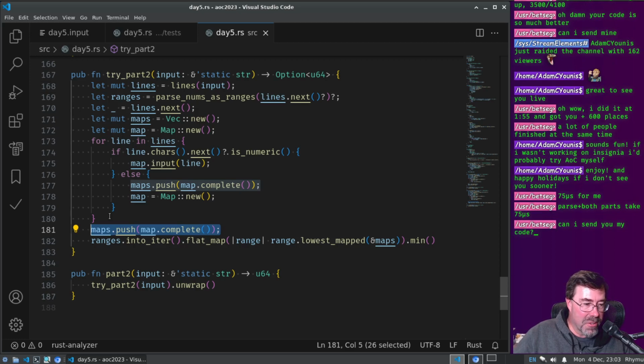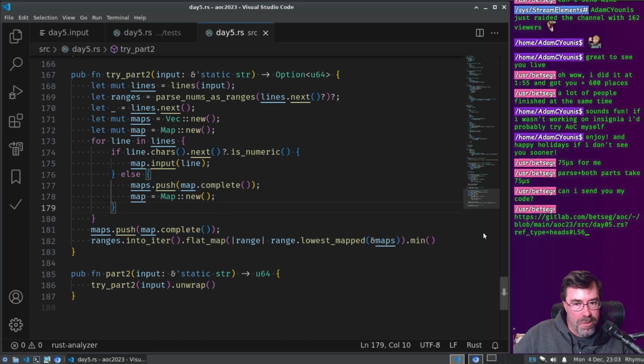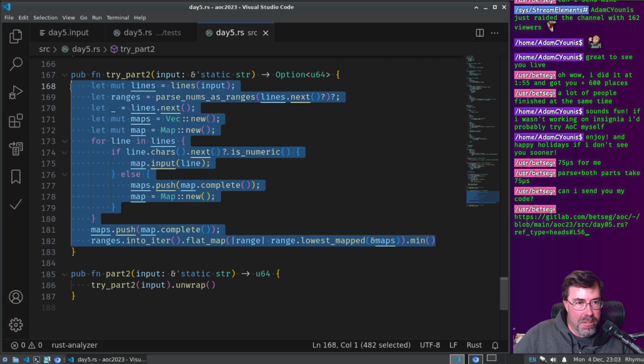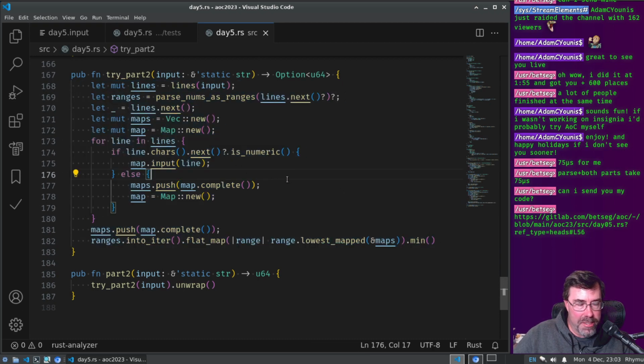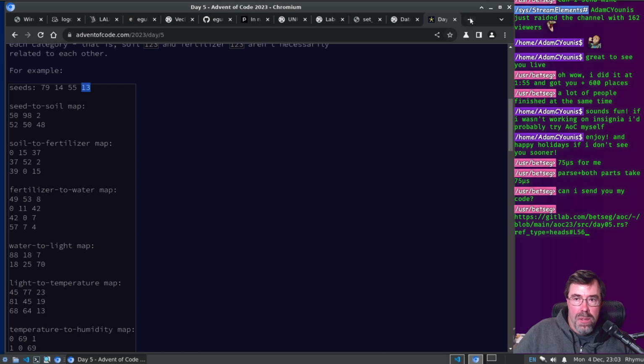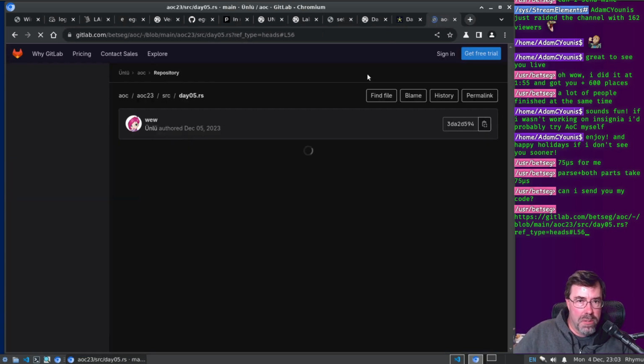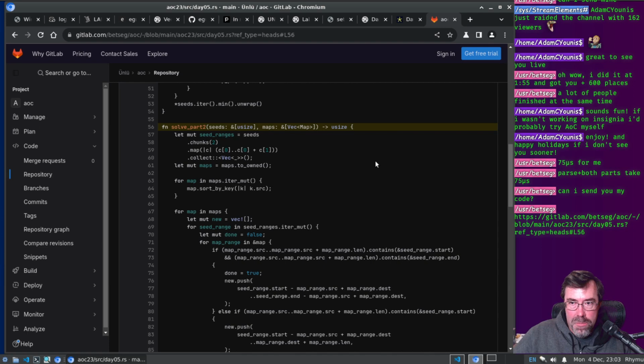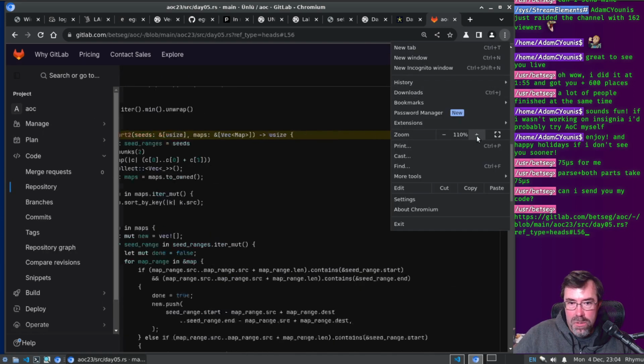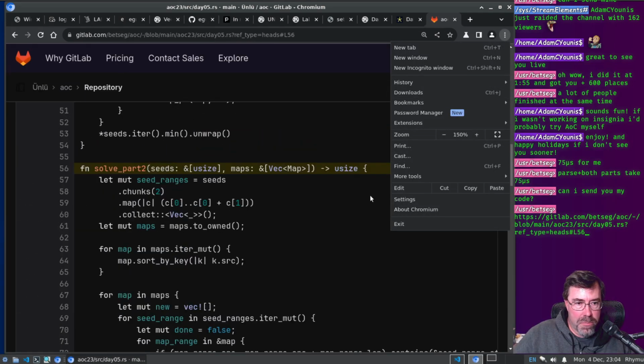Yeah, sure, I'd love to see your code. Do you have it on GitHub or something? Because then maybe I can discover what the secret was that I'm missing. I'm brute forcing it. It's maybe still not easy to read this, but it at least fits on one page. Let's look at Betseg's solution. So copy link, paste. All right. Can I make this a little bit bigger? Zoom a little bit. There we go.